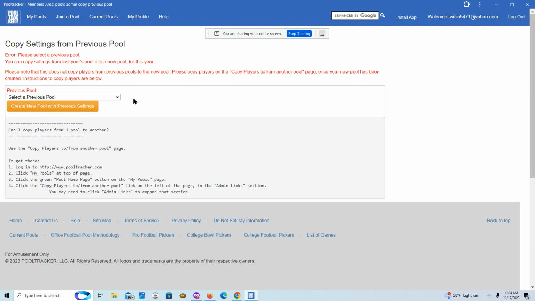Error, please select a previous pool. You can copy settings from last year's pool into a new pool for this year. Okay. That's what we had to do. See, I forgot. We don't use this very often. So we're going to use a